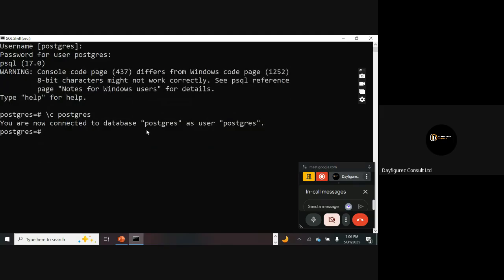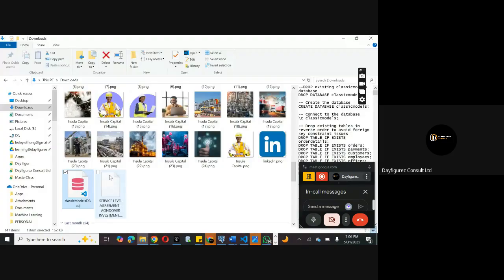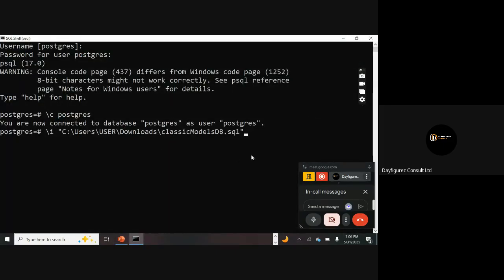Okay, and then I'll come here and copy my file path. If I copy the path again, I'll come here and paste it, and I'm going to take out